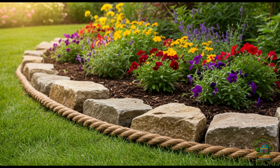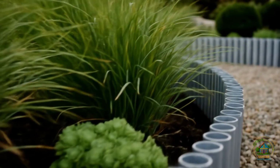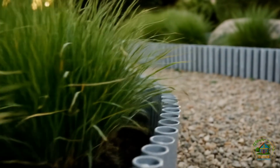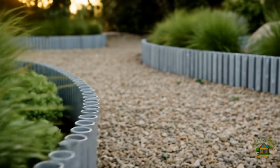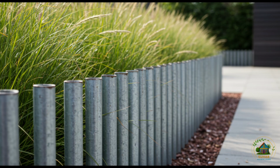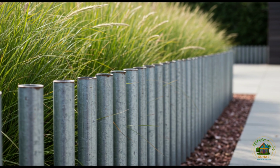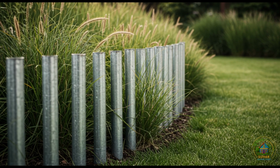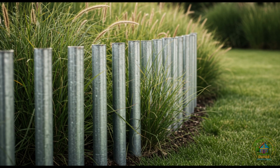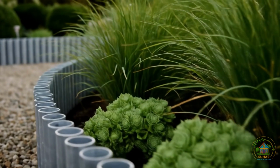Three, modern steel pipe garden border. To create a sleek and structured garden layout, a steel pipe border offers the perfect modern solution. This design approach suits those who favor minimalist and industrial aesthetics, where beauty is derived from clean lines and durable materials. Galvanized steel pipes are installed vertically in a uniform row, forming a low boundary that elegantly separates planted areas